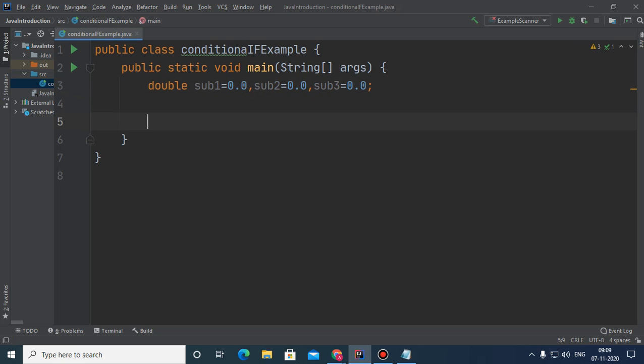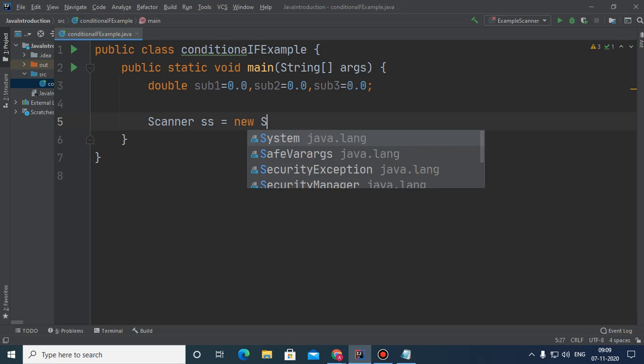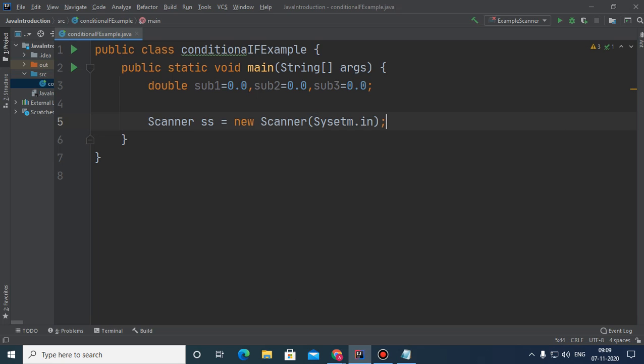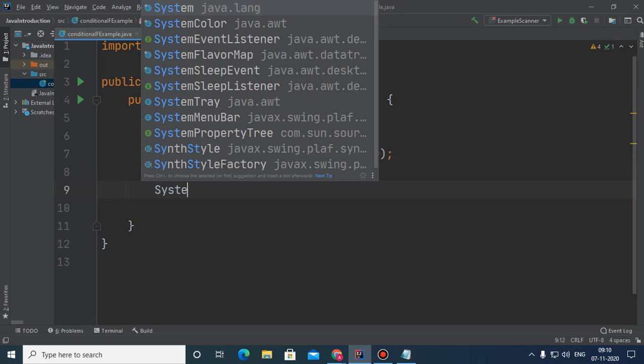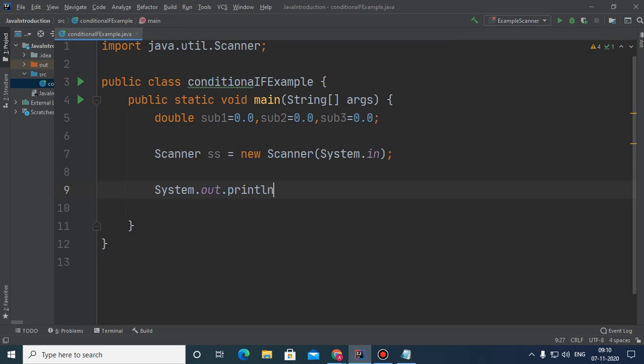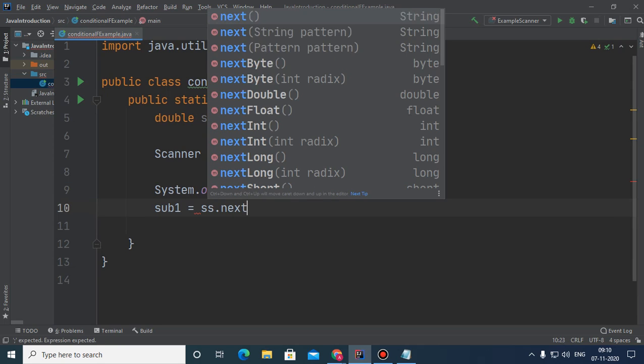Now scanner class, system.in, and now enter marks of subject 1, which is subject 1 is ss dot next double,